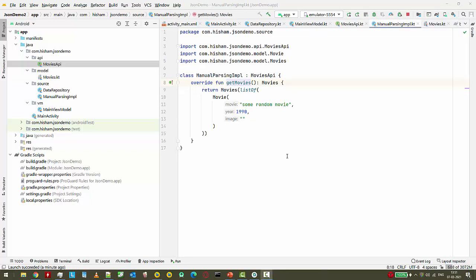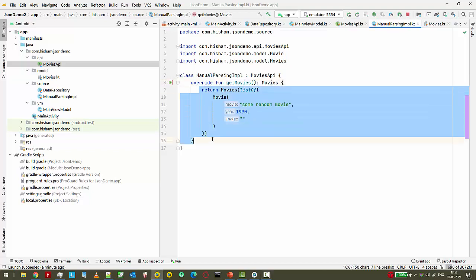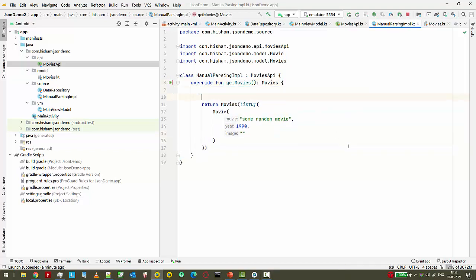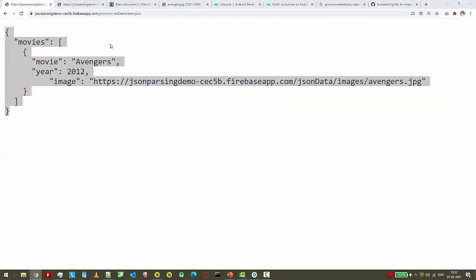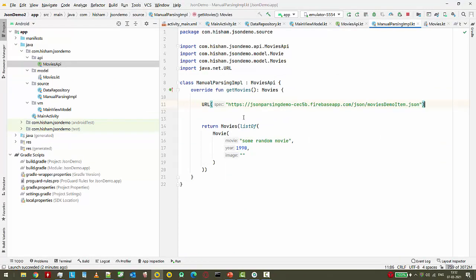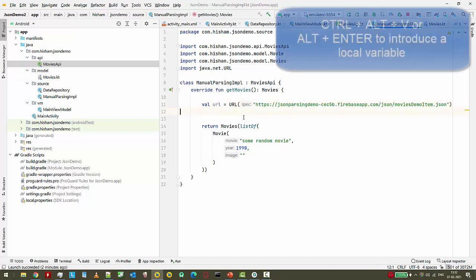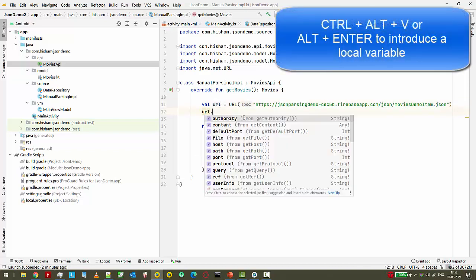Alright, so now let's see the next part, that is fetching the data from the server instead of returning some dummy object here, right? So to fetch the data from the server and to parse the JSON, I have to do something like this. So I need to use a URL. This is my URL, and I'm going to create a variable with Ctrl+Alt+V. That's it. Now this URL dot